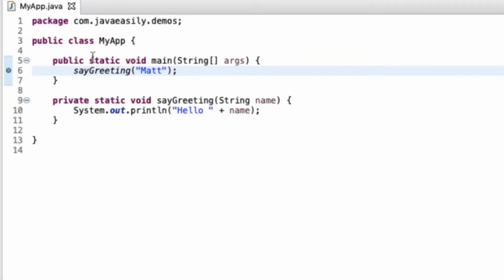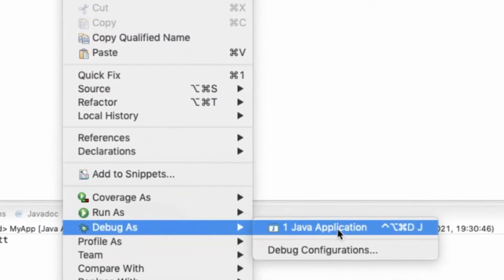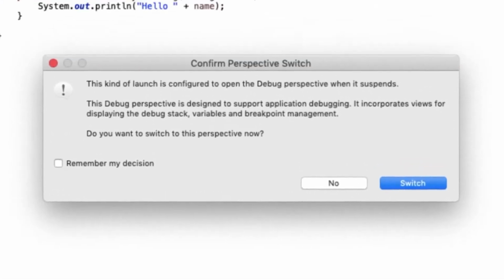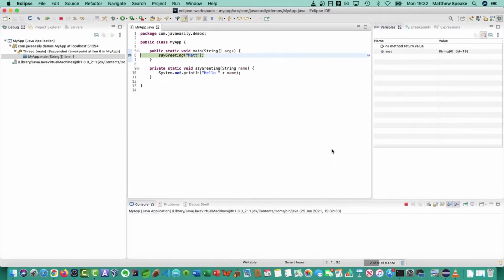And this means that now, if I right click and do debug as Java application, it'll first of all ask me if I want to switch to perspective. I'll say remember my decision, and yes I do. Go to the debug perspective. Now this is going to change the windows slightly and the panels that we've got. So that now this particular perspective, in other words this arrangement of windows and panels, is geared towards debugging. So in other words, looking through the code, and actually it's called stepping through the code. See everything that's going on.